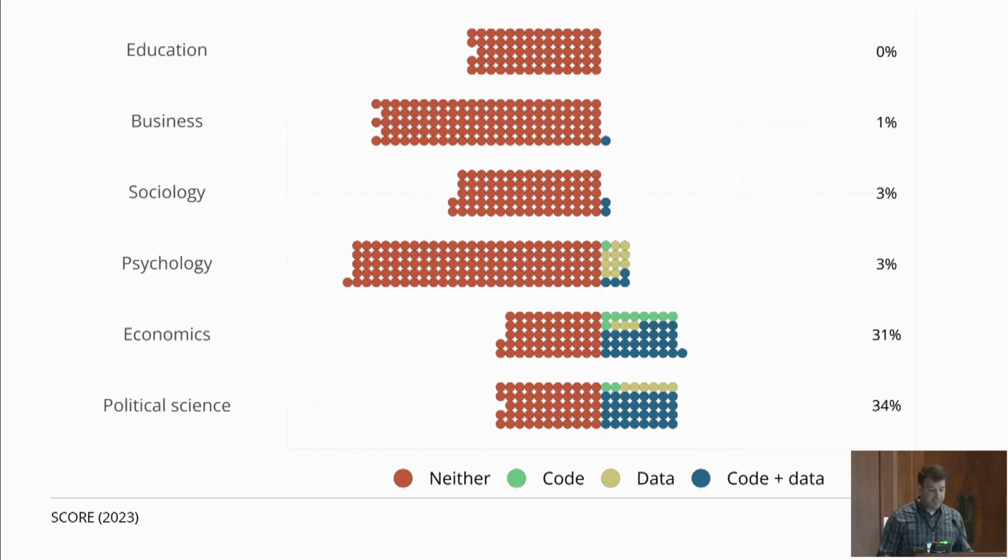But if we split the data differently and look at discipline instead of time, we see a different story. This illustrates that those improvements are only occurring really in 2 fields, political science and economics. So this implies that sharing practices can change through technological, normative, and policy interventions, but those changes can only occur in communities that deliberately change their culture and implement those practices.